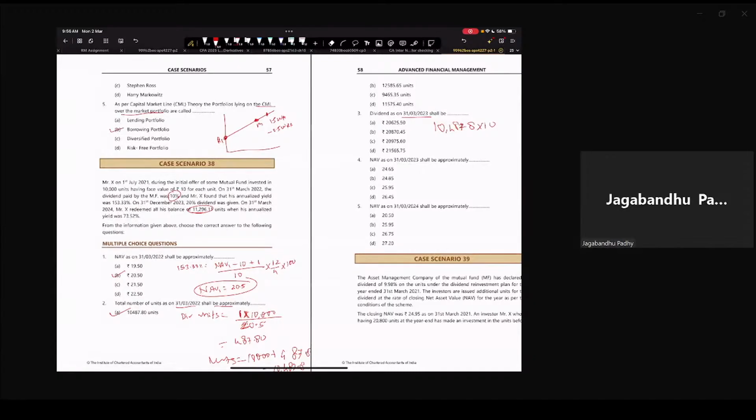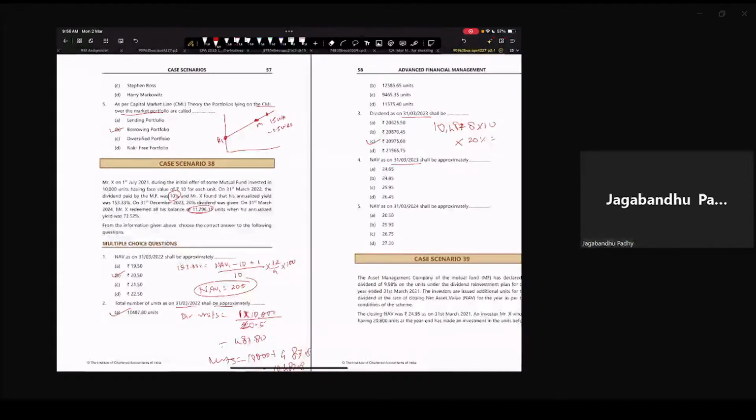10,487.8 into 10 being the face value. And the dividend paid by the mutual fund is going to be 20%, into 20%. How much is this? 20,000. 20,975.6. Then finally, the NAV as on 31st March 2023 will be,